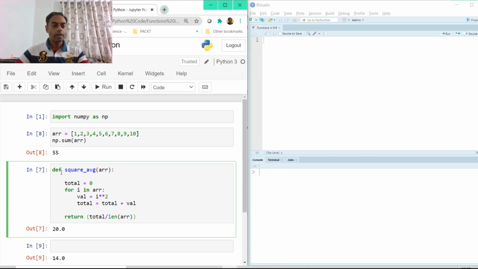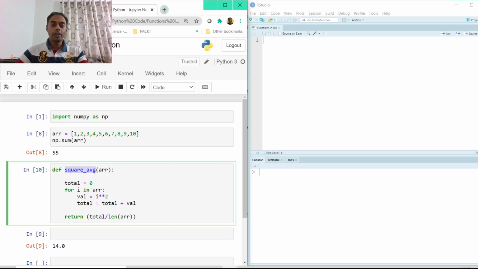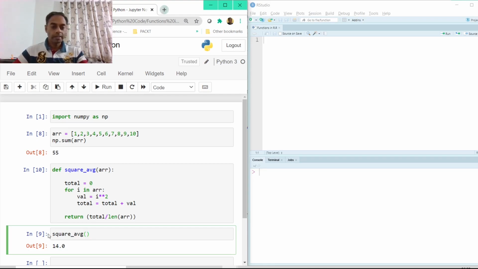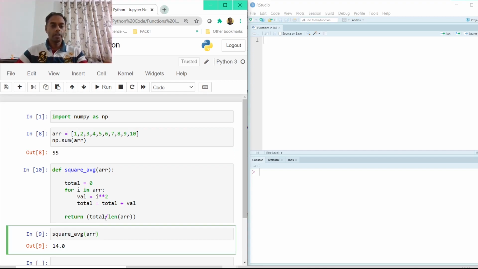All right. And now if I execute this, nothing has happened. There is no output because output will get printed only if we call the function. So this is the function. Let me call the function here, squareAVG, and inside the bracket I have to pass something. What is the something? This is nothing but an array here, or we have put that in the form of a list here in Python. So if I pass this ARR variable here and execute this, it gives me 38.5.